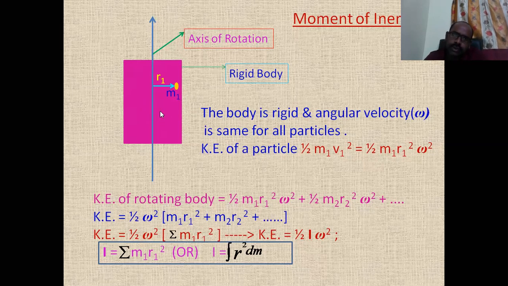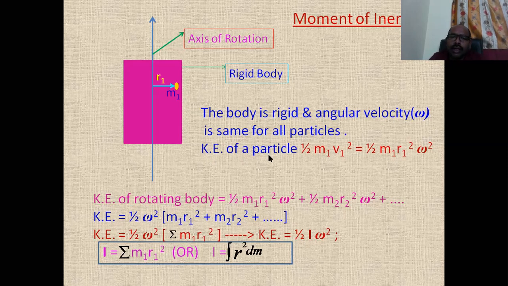In linear translation, the displacements of all particles are the same. In rotational motion, all the particles traverse circular paths, and their centers exist on a line. That line is the axis of rotation. So all the particles move with the same angular velocity in the case of a rigid body. The angular velocity is the same for every particle of the rigid body. Therefore that angular velocity is omega. It is common to every particle.